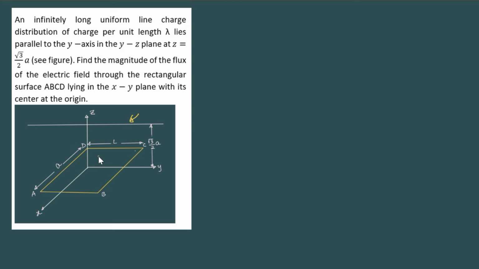This can be a little difficult by taking the electric field and then getting a dot product of the electric field and the area and then integrating it. So instead of that, what we can do is change the way we look at the situation here. It's very important to change that perception.